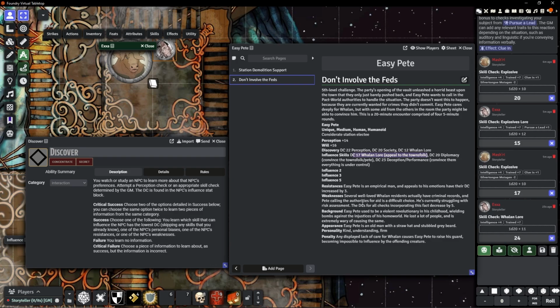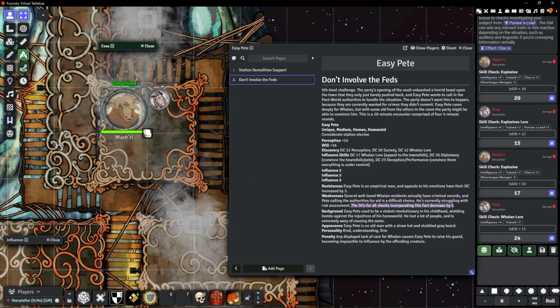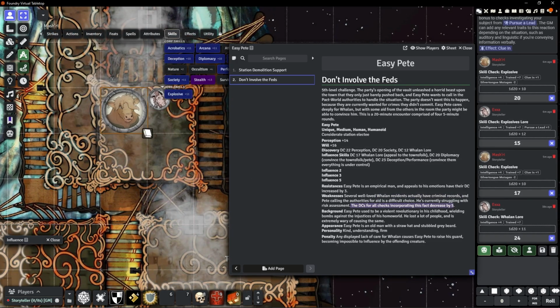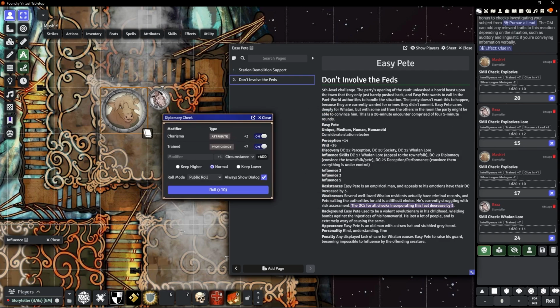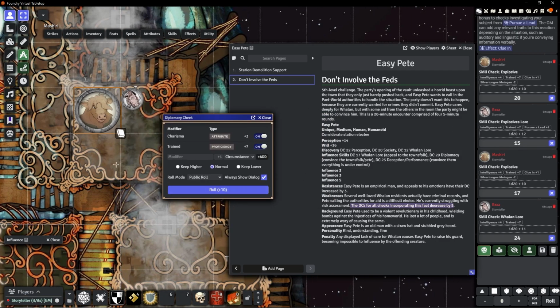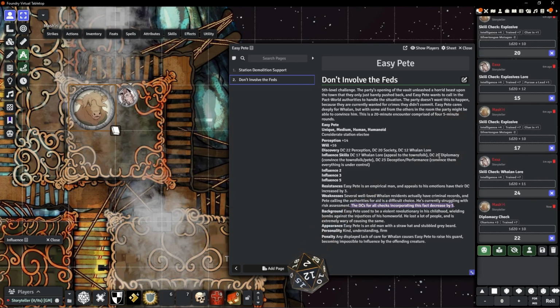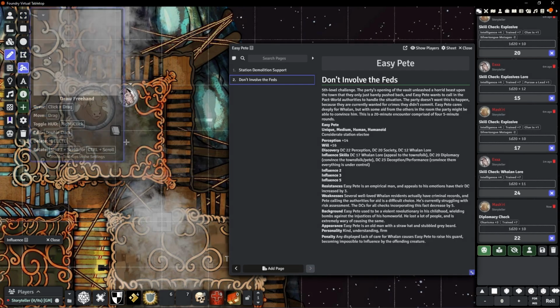And we'll learn that the weakness is that if they incorporate the fact that several of the residents have criminal records, then they get to decrease the DC by 5. Exxa will share this with Mashri, who will then spend his round attempting diplomacy to influence the townsfolk, convince them to talk to Pete. A 22 against the lower DC of 15 will be a success, and the party will gain a single influence